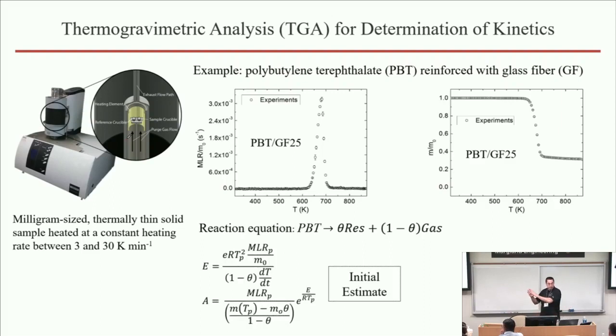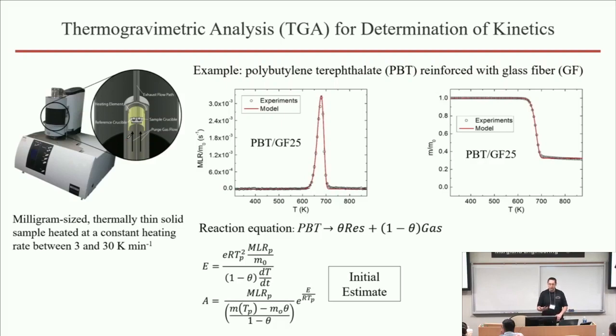Polybutylene terephthalate forms residue and gaseous species. You can guess your initial Arrhenius parameters just by looking at the height and the position of the peak temperature, and then you can do a slight optimization of these parameters, which is very straightforward. You can do it manually. Just about any optimization algorithm can handle it really well. When you do that, you get the resulting fit, which allows you to determine both of the kinetic parameters associated with that system. So that allows you a simple parameterization of the kinetic portion of this model without looking at any other aspect of the problem.